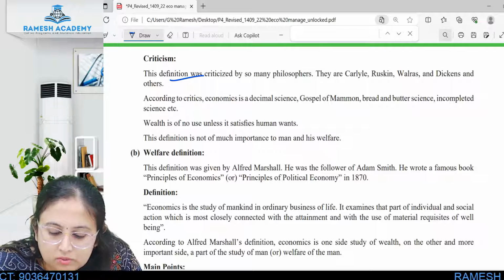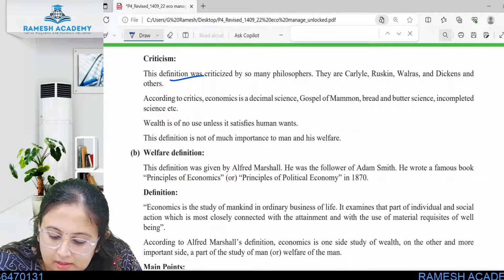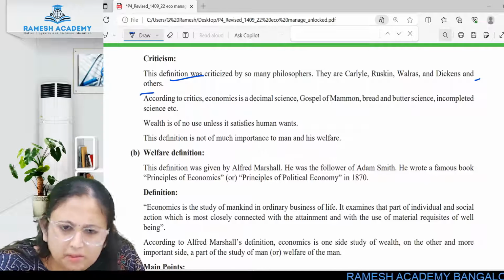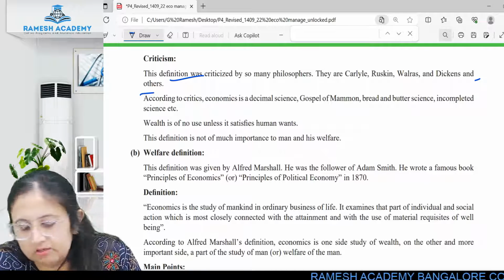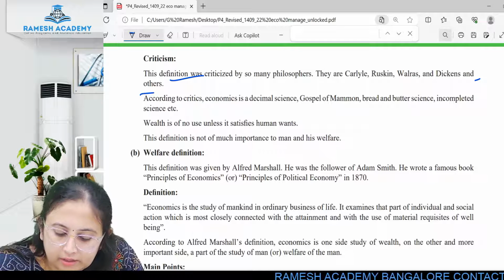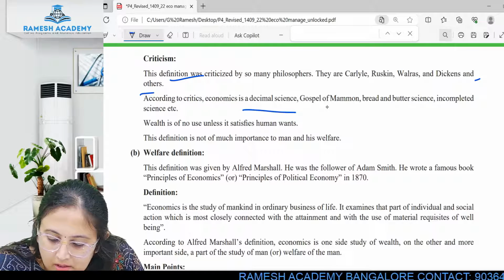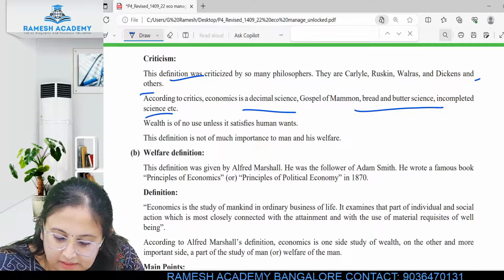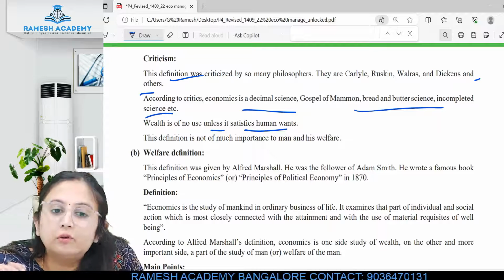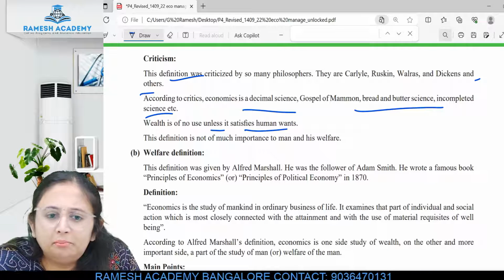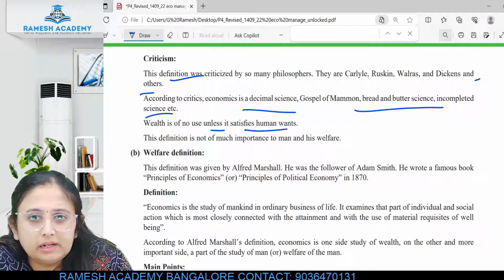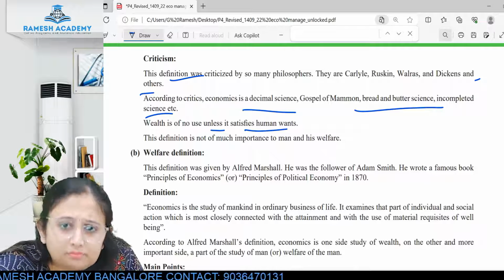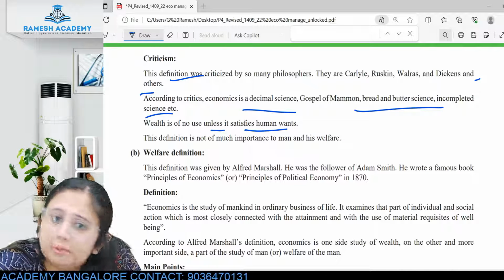So this was criticized by Carlyle, Ruskin, Walras, Dickens and others. So many, many people criticized; a few names have been given. According to the critics, economics is a dismal science, the gospel of mammon, a bread and butter science, an incomplete science, etc. Wealth is of no use unless it satisfies human wants. They said this economics is not a proper science. It is incomplete, because if you tell only wealth, that becomes incomplete,